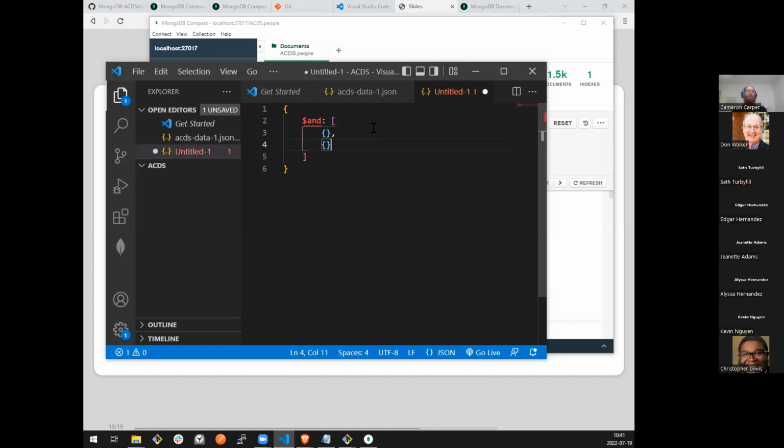Our logical operators take an array, even if you only give it one item; it can have 0 to many. So as a way of structuring this query, I've declared my and operator and created an array that we're going to put all of our logical comparisons into that we want to logically and together.